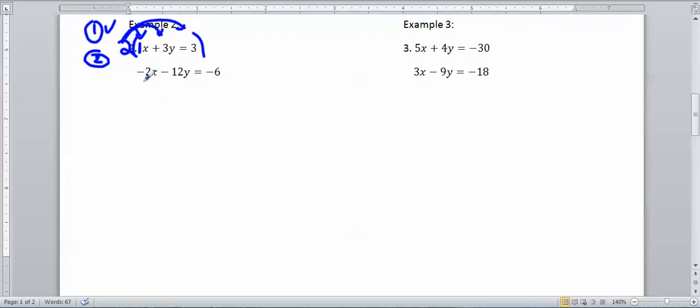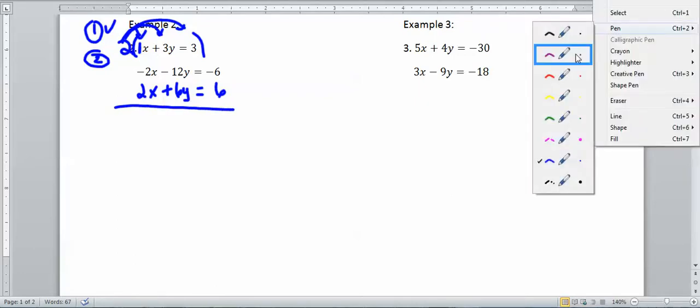So 2 times x is 2x, 2 times 3y is 6y, and 2 times 3 is 6. Okay, so now I've got my pair of opposite terms, right? Negative 2x, positive 2x. So I can skip to step 3